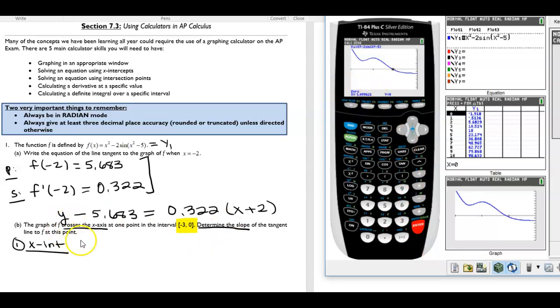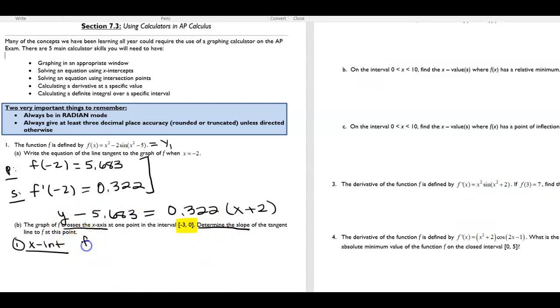So I'm going to write that my x-intercept, so this is f equals 0 at x equals negative 1.09962, and I'm just going to put dot dot dot. Now, what's going to be helpful to us, we need to determine the slope at this point. I don't want to have to type that whole number in every time, and so what I can do is